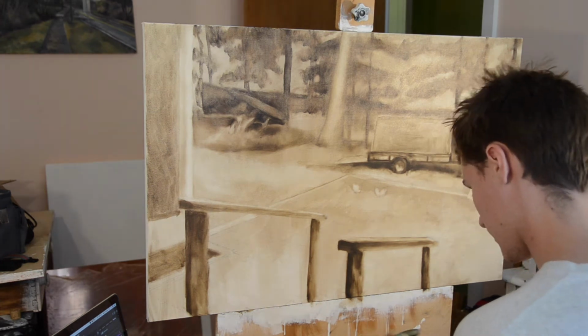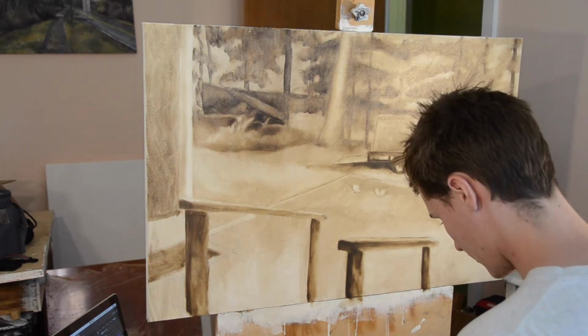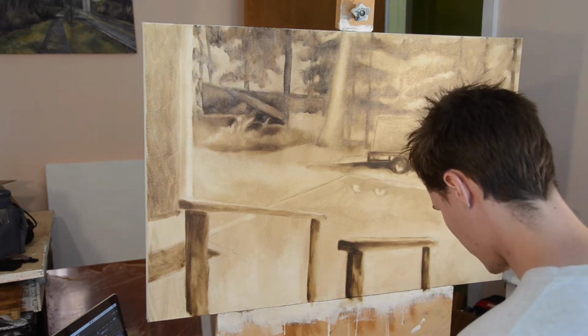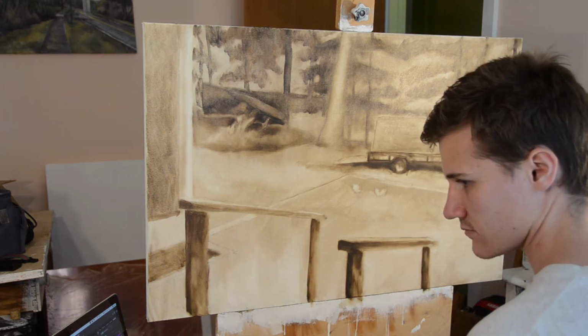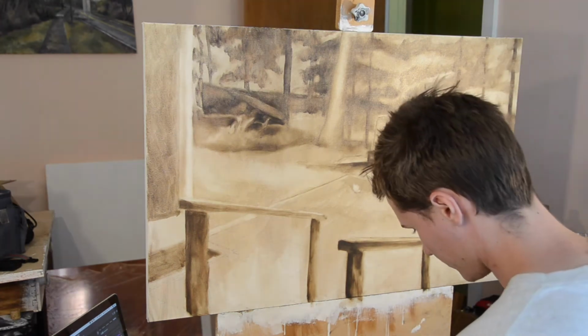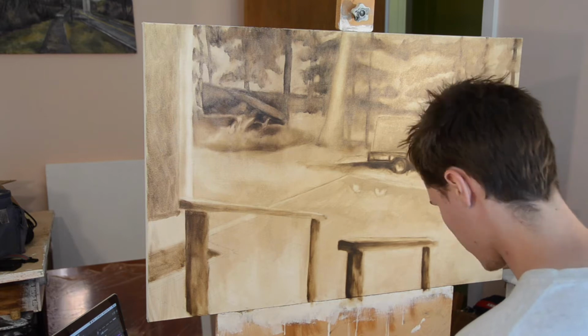What I'm working on now is blending out the colors on my palette. When I first started, I was really into brush blending, where you do all of your blending with your brush as opposed to blending out with a palette knife. And I found if you blend out with a palette knife more, you develop these things called mother colors. These are basically unified tones